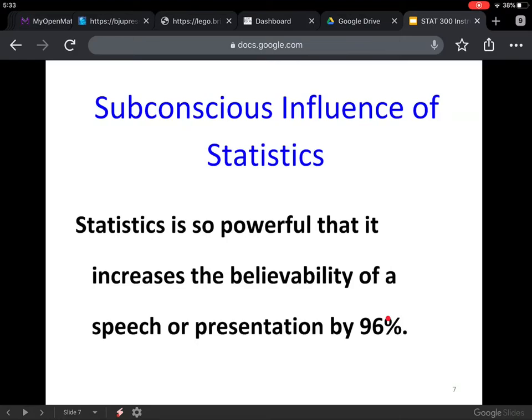Now stop for a moment. I just pulled one on you. Can you tell me where I got this number from, 96? You're right, nowhere. I didn't tell you I did some kind of study, but I sounded authoritative, right? I sounded like, oh, he knows what he's talking about because he's given me some number. There's some study behind it.